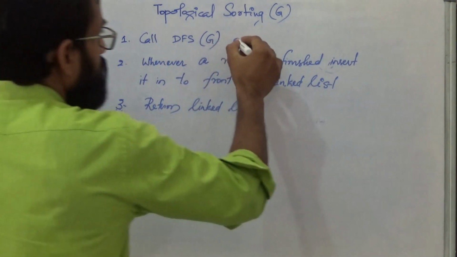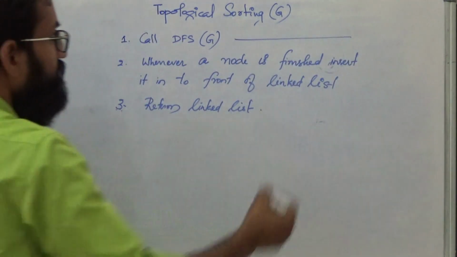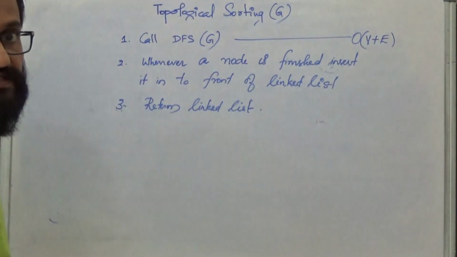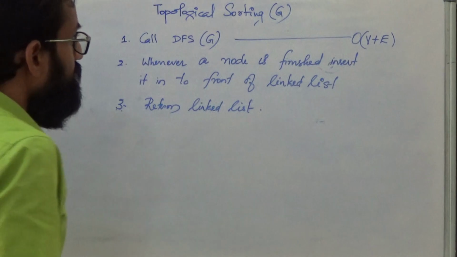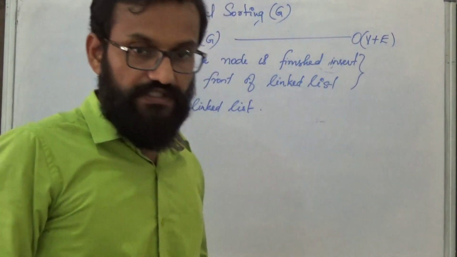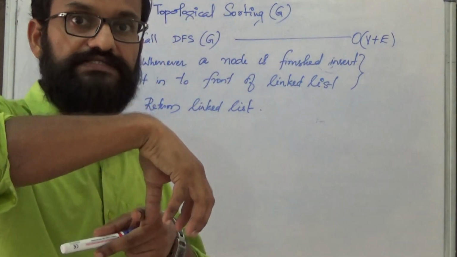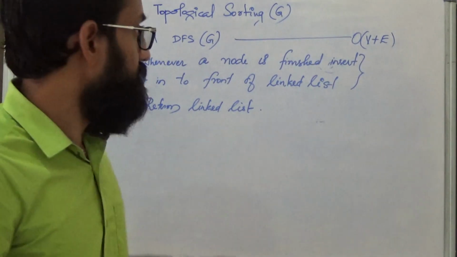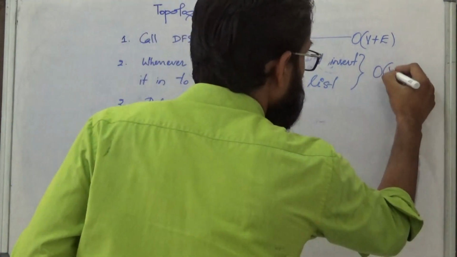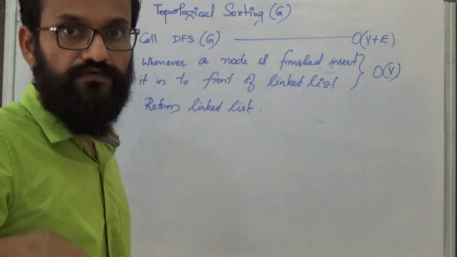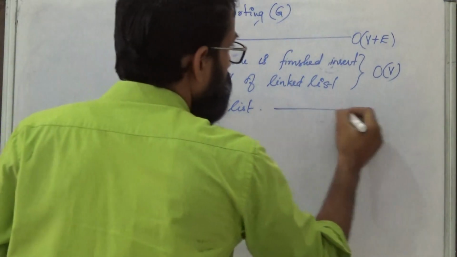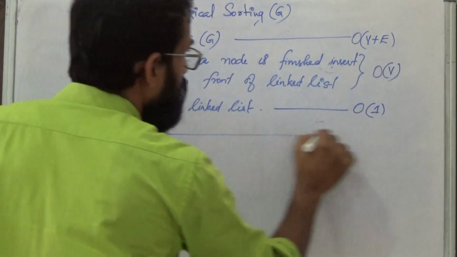So what about the cost of this step? In order to call DFS takes, as you all know, order of V plus E time, where V is the number of vertices in the graph and E is the number of edges. Whenever you finish a node, you have to insert that node into front of linked list. Insertion of a node into front of linked list can be performed in constant time, and since you have to perform V such insertions, cost of this step is actually order of V. Since we are having V vertices, you have to insert V vertices at the front of linked list. Now this return operation takes constant time. So overall runtime is